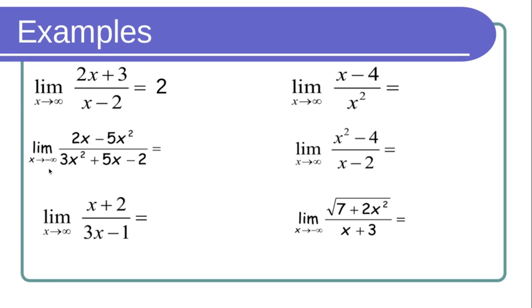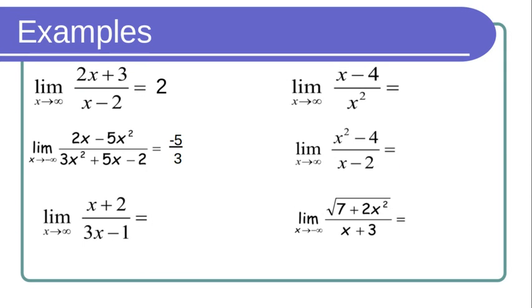The next problem, we're doing the limit as x goes to negative infinity. And again, we have a rational function, polynomial over a polynomial. You want to look for the highest degree of the top, and the degree of the bottom, and they are actually the same. So we have to take the leading coefficient over leading coefficient,